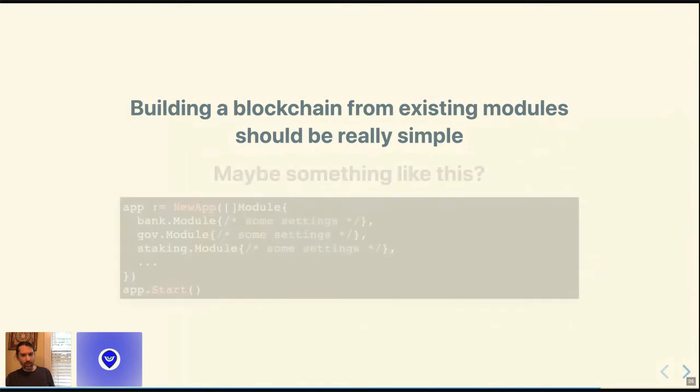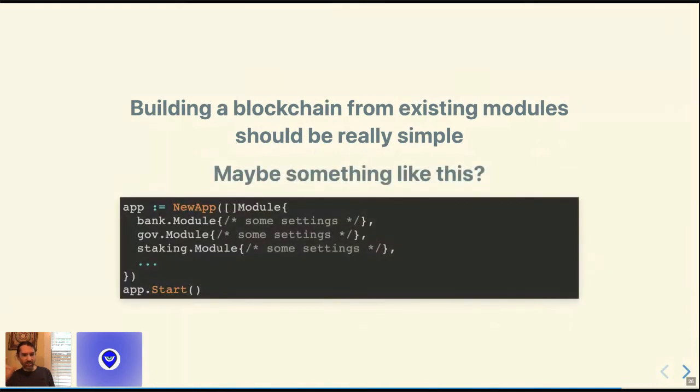So what if we had something that was just as simple as: choose the modules, put a few settings in there, and then compose that together into an app and start it. This example here is definitely oversimplified, but it gives you the gist of what we're thinking about, which is a much more declarative approach: these modules need this configuration.